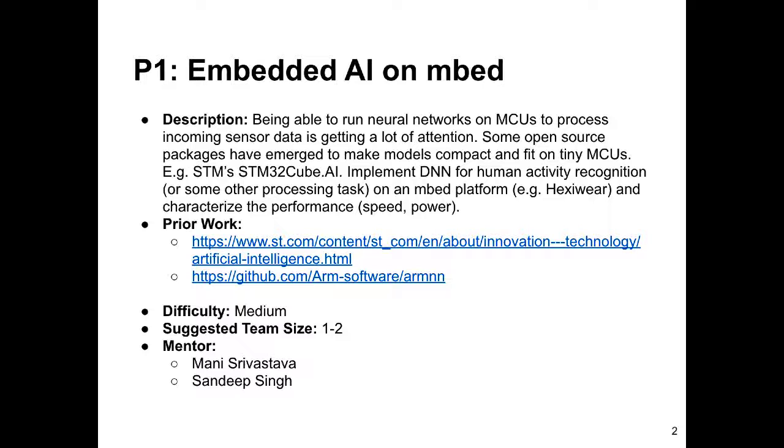Essentially, these are more data driven type algorithms, and neural networks are kind of an example of that. So what this project explores is there's some software which has begun to emerge for doing implementations of neural